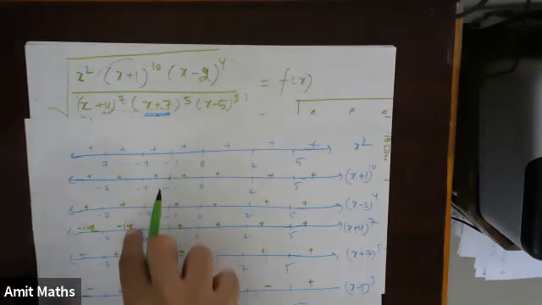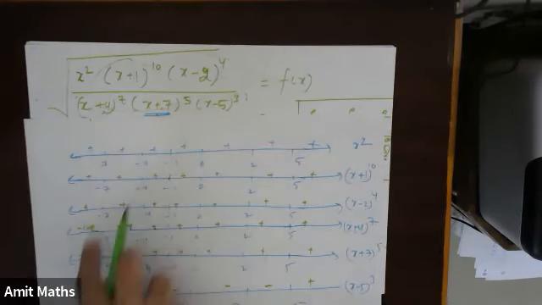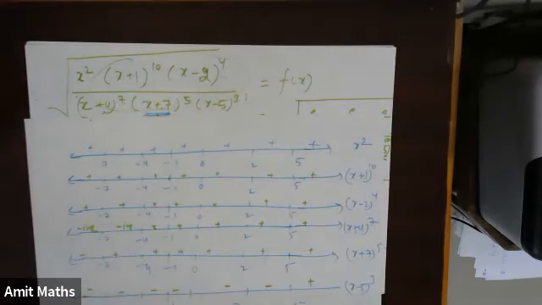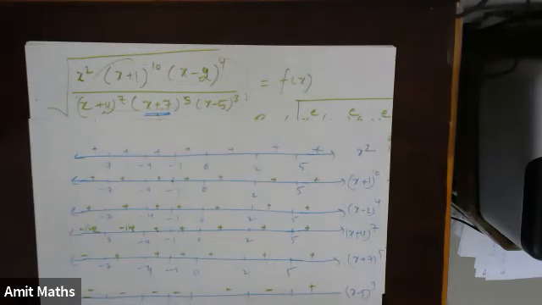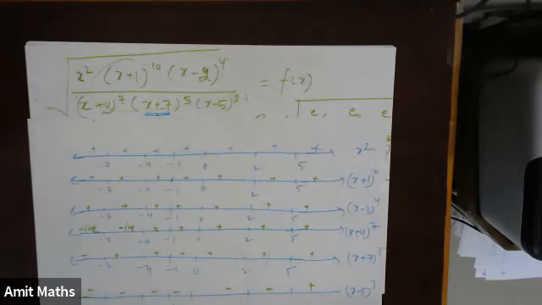There are two negatives now, so the sign changes. Now there are three negatives, 1, 2, 3, so the sign changes. So that is why it is positive, then it bounces back, then it bounces back, then it changes sign and then comes back. This was at 5, this was at 2, this was at 0, minus 1, minus 4 and minus 7.